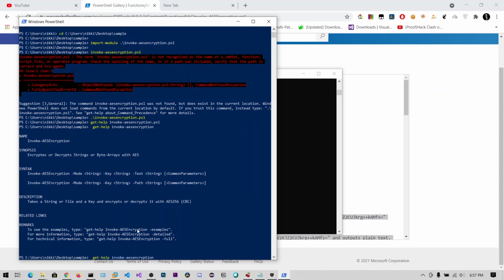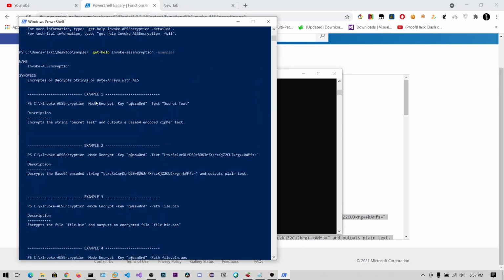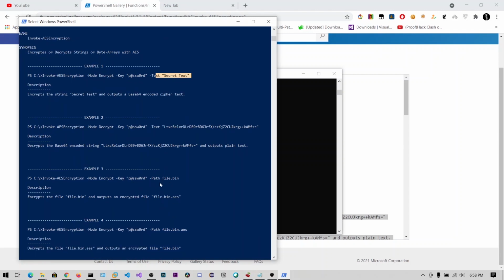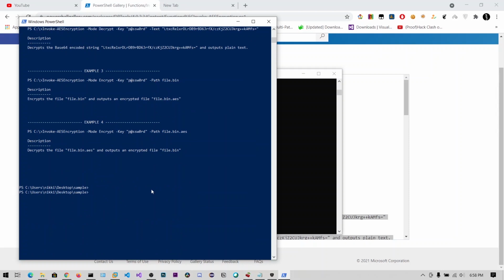So let's see some examples. Example 1, you need to use the mode encrypt and the key. This is the key you need to give, and the text is this one. You can also decrypt, and you can also specify the file using the path option. So let's use this one to encrypt our flag.txt.